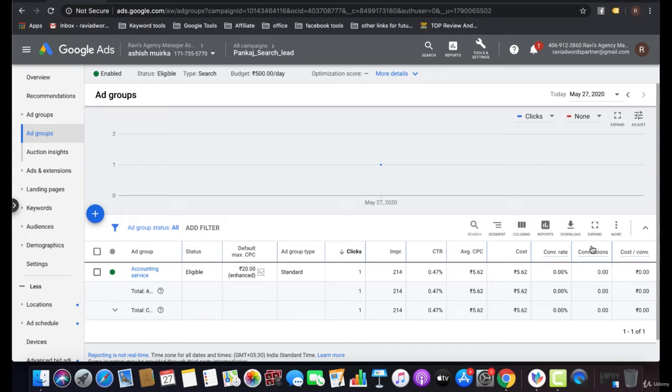It totally depends upon your budget as well. If your budget is 500 per day, you can optimize daily. If your campaign budget is 100, then you can go for weekly optimization, as there must be specific data about the product and about that campaign.